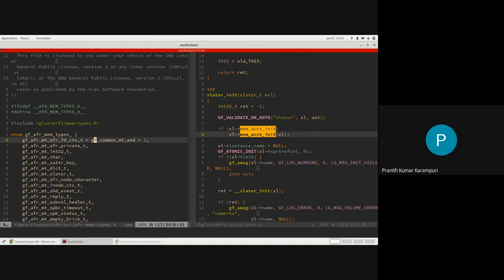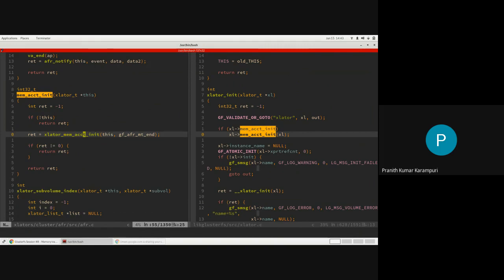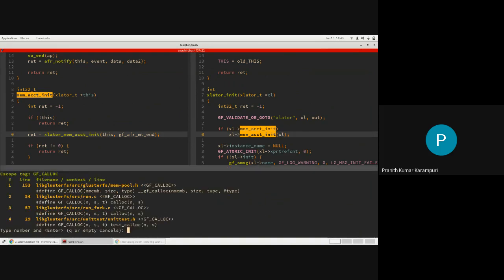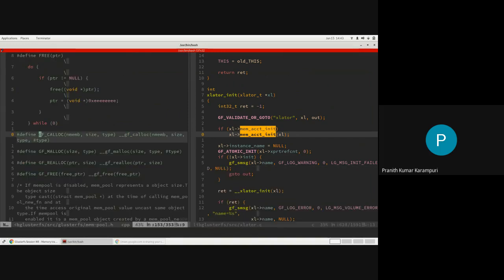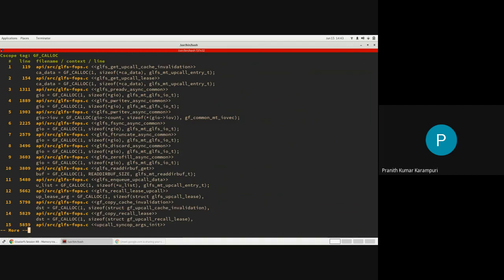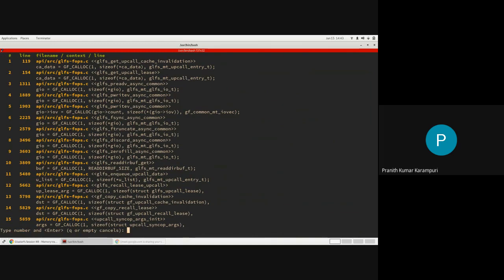And now that we have this, how do kalloc and free get changed to store information in these structures? That is what we'll look at next. So let's look at this GF_CALLOC.